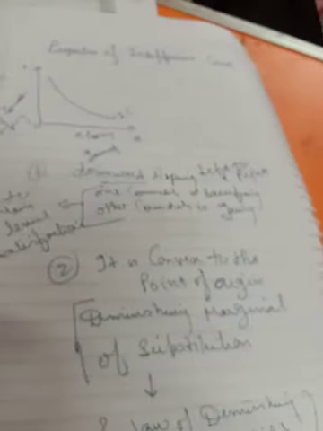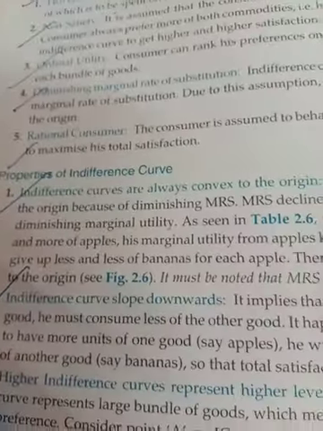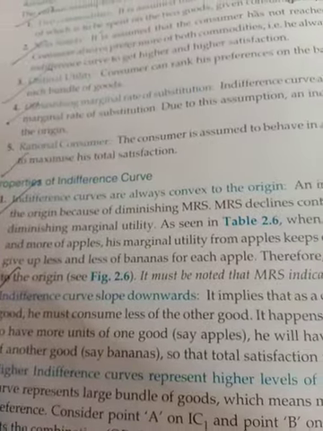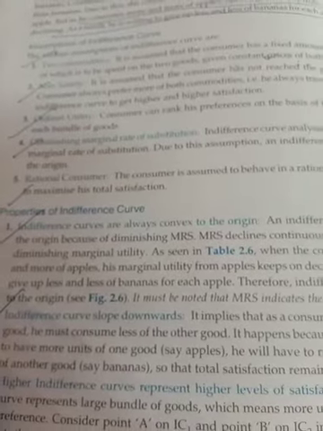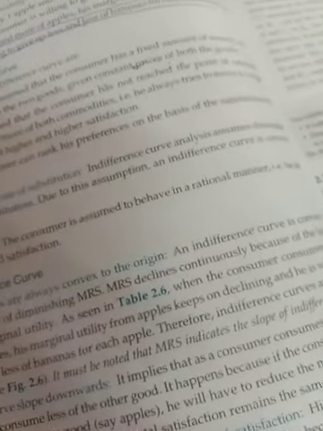Fine. Now coming to the property of indifference curve. First of all, indifference curves are always convex to the origin. This is the property and the main shape of the indifference curve. Why is it convex to the point of origin? You have to go through your book, because the things written in your book are very specific. Then why follow anything else if you have such a good book? So I am just marking four lines from this book.